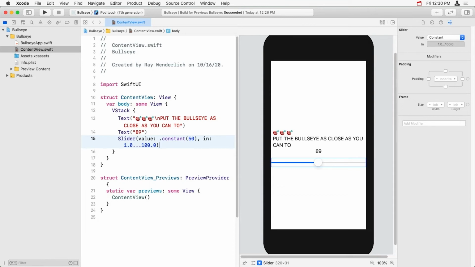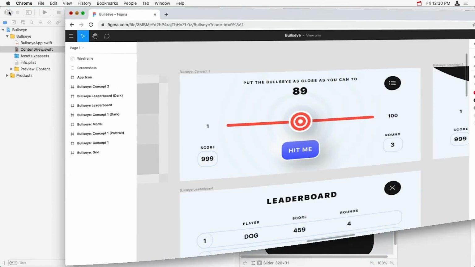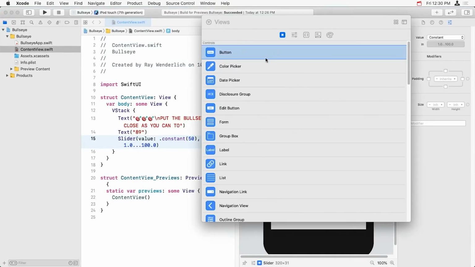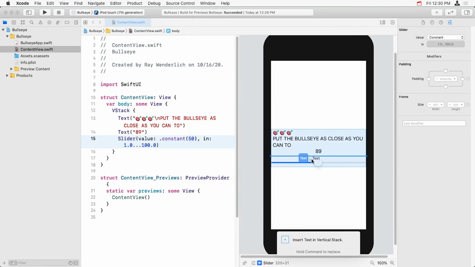All right, so what do we need next? We need some labels to the left and right of the slider that say 1 and 100. And again, we can do that the same way. So we'll go down here, we'll select a text, we'll drag it in and check out these blue bars. Now this time if I move it to the left, we have a blue bar to the left of the slider, and the hint says add text to a new horizontal stack along with the existing slider. So I'm going to let go,